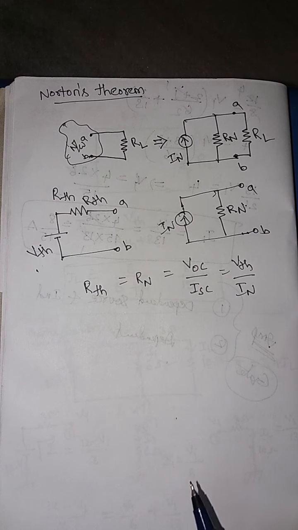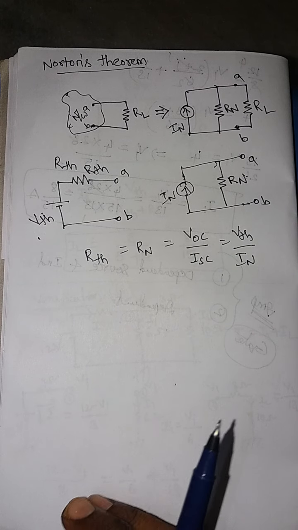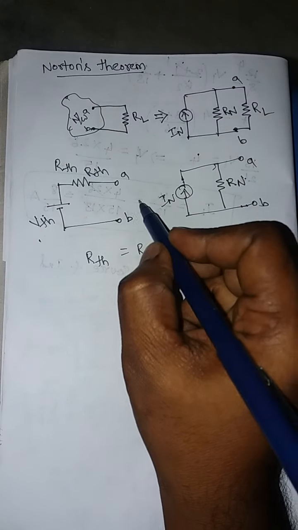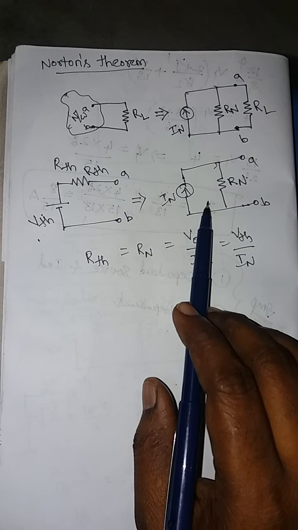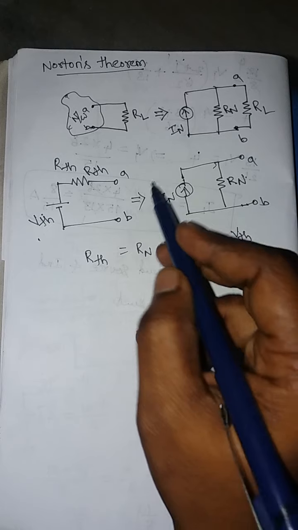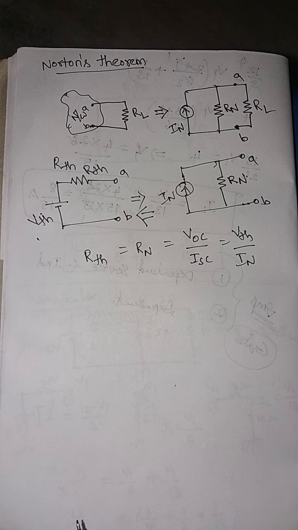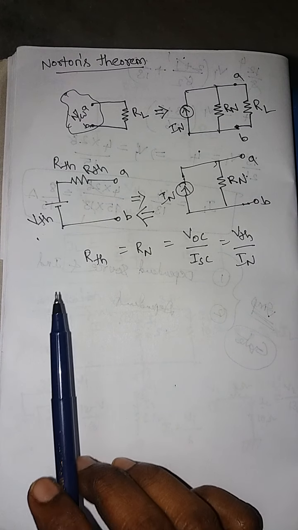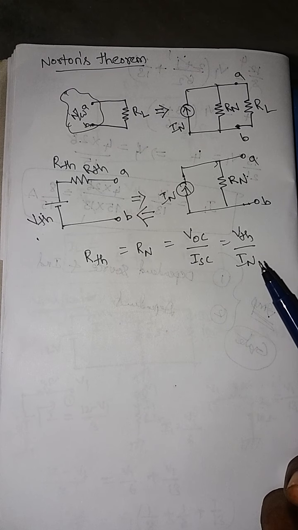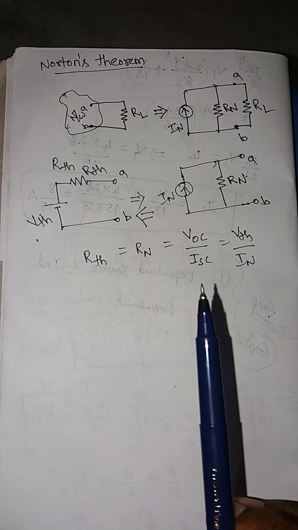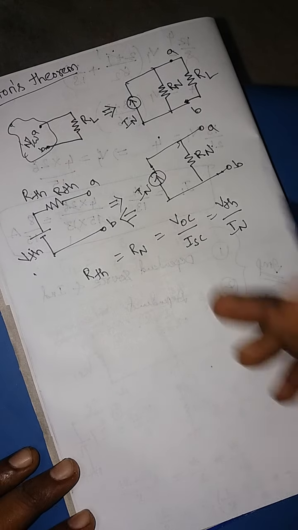That means in most cases, if I know the Thevenin's equivalent circuit, then I can easily obtain the Norton's equivalent circuit by doing source transformation. And if I know the Norton's equivalent circuit, then I can easily obtain the Thevenin's equivalent circuit by using source transformation. So we can also say Thevenin's equivalent circuit and Norton's equivalent circuit are both dual networks.